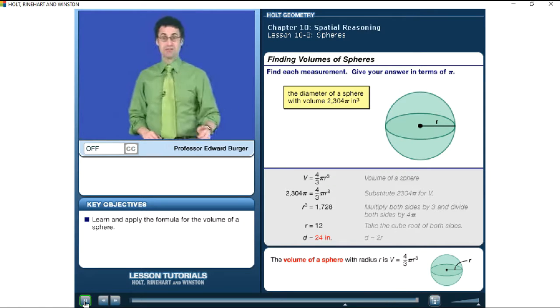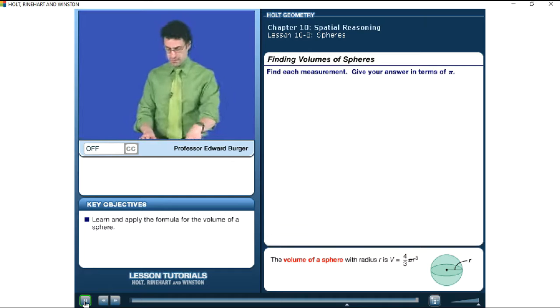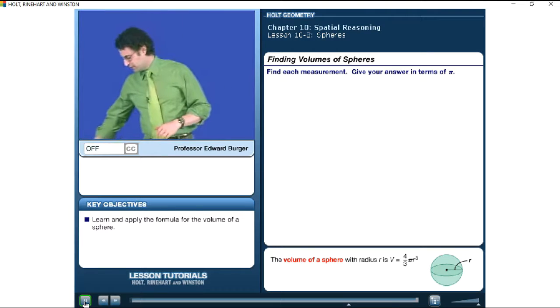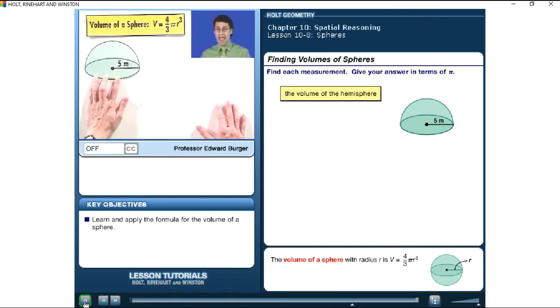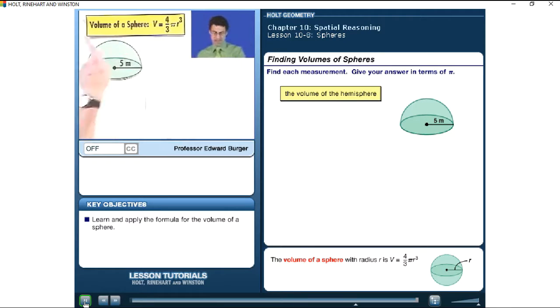And you can see how we use the volume formula to do that. How about if we don't look at a whole sphere? What if we look at half a sphere, also known as a hemisphere? So that's exactly half of a sphere. Here I have a hemisphere that has a radius of 5 meters, and the question is, what's the volume of